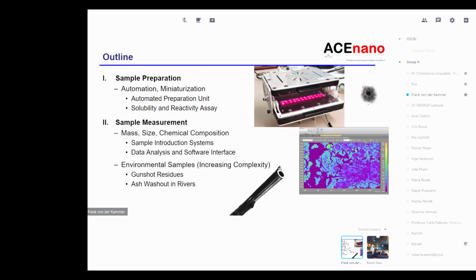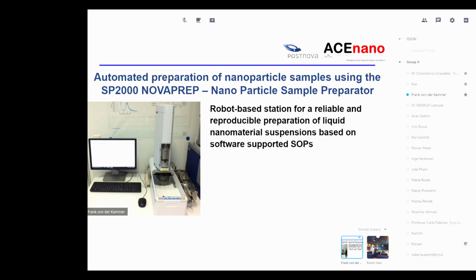In that case, new sample introduction systems into single particle ICP-MS techniques, and data analysis and software systems that are looking into multi-element analysis on single nanoparticles based on time of flight spec. I will also give you an example on environmental samples that actually have relatively high complexity and can be resolved with these new technologies. Starting with an automated preparation of nanoparticle samples using a newly developed autosampler and sample manipulator